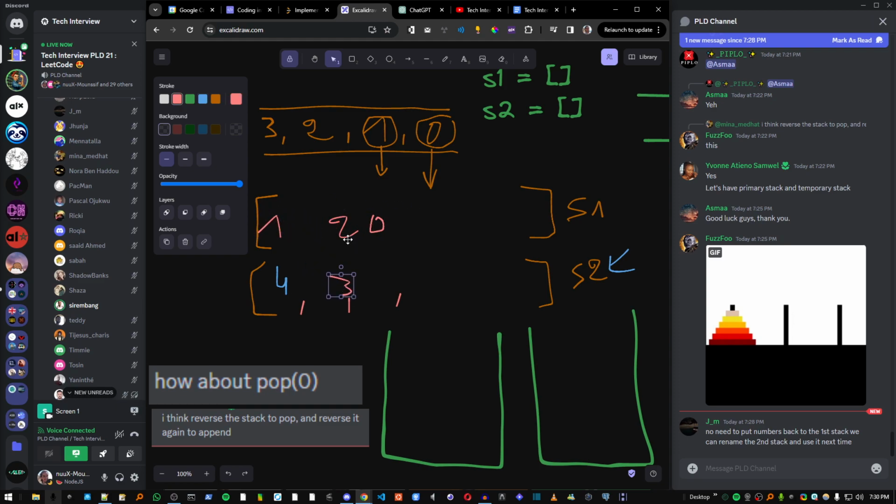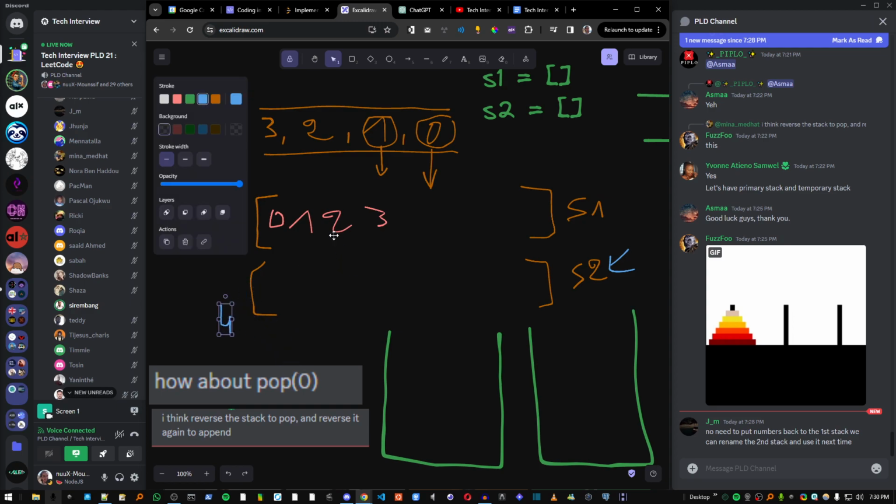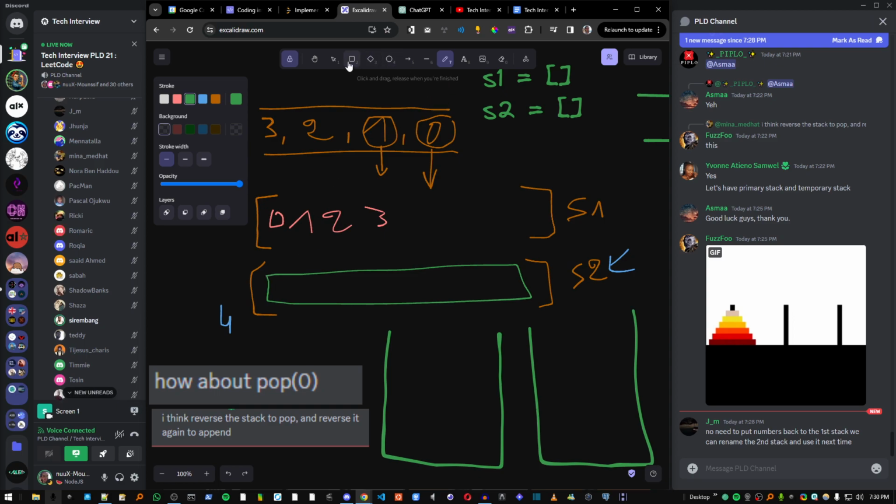So let's say you had some values in stack 2. Let's say you had not popped everything. Let's start from the beginning. Let's say stack 2 is empty. Now I'm going to pop. I'm going to check: is the stack empty? Yeah, it's empty. So automatically I'm going to transfer everything from stack 1 to here. Now that I transferred them, I can pop the last element, right? If someone pushes something here,